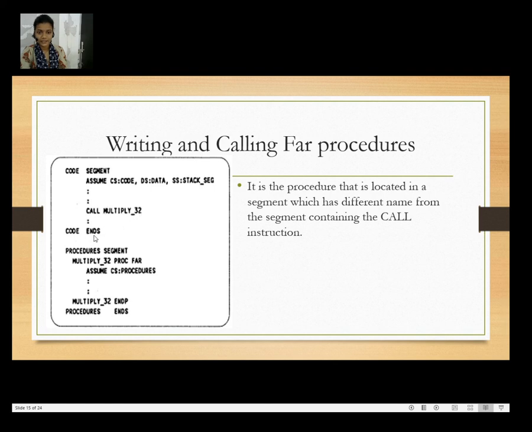Then code ends, and this means end of stack. Then the procedure segment multiply 32 PROC FAR. A far procedure is located in a segment which has a different name from the segment containing the CALL instruction. So when the procedure is at a different location, then we use a far procedure.